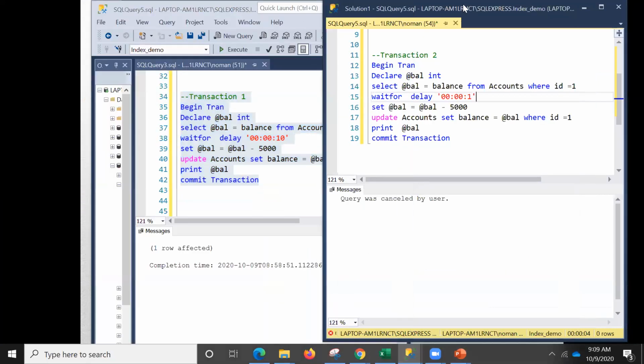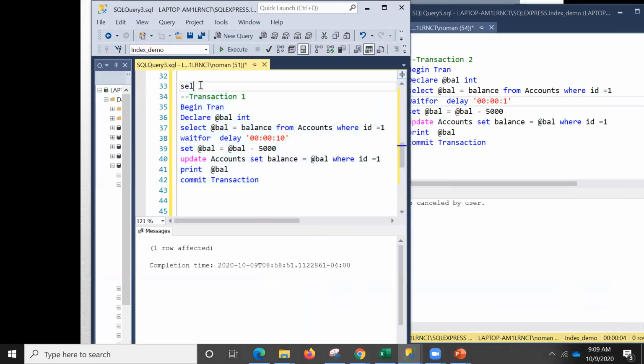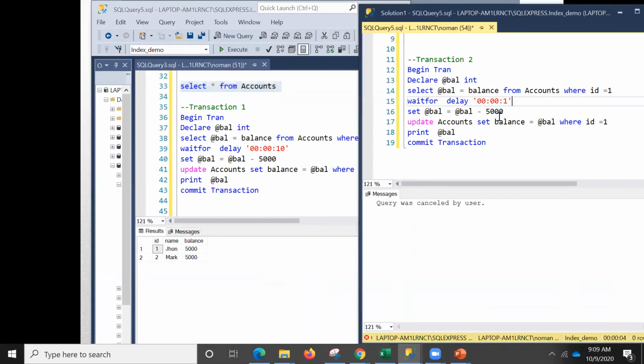So now we have two transactions. Let's first quickly check what is inside accounts right now. All right, execute that. You see that we have 5,000 here. So let's not do 5,000, let's do 2,500 so that we can see the changes.